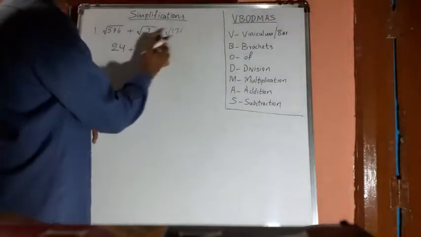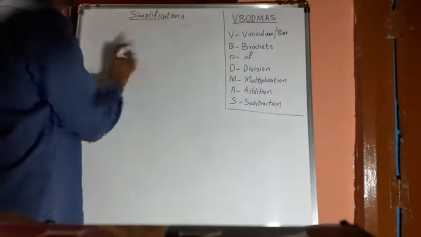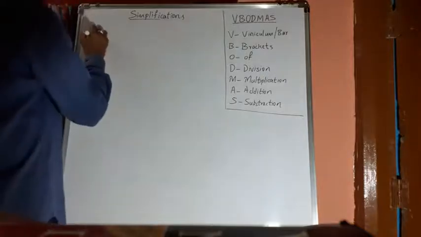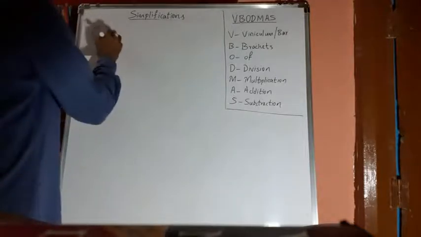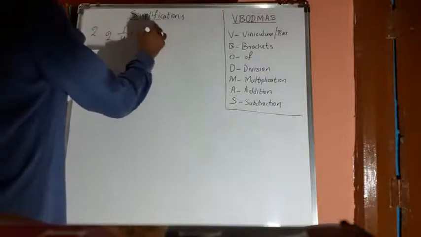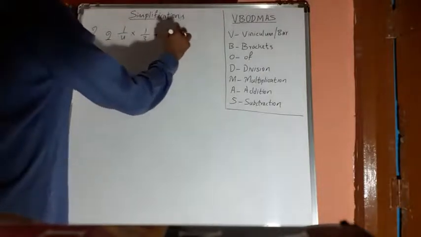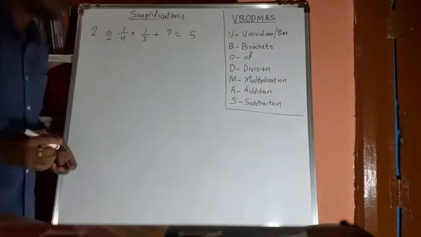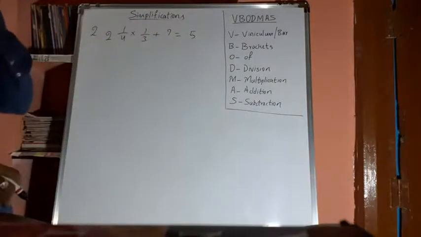Now let us move on to the next example. Two integer 1 by 4 into 1 by 3 plus question mark is equal to 5. Okay. So friends,